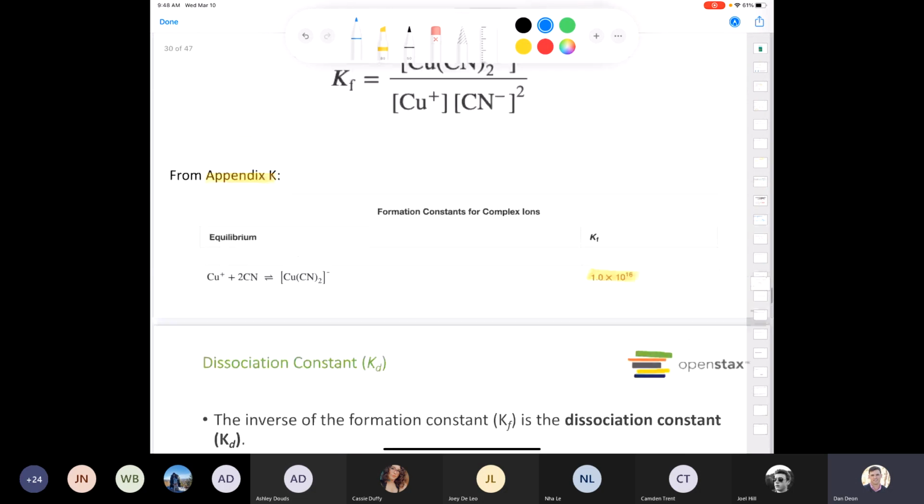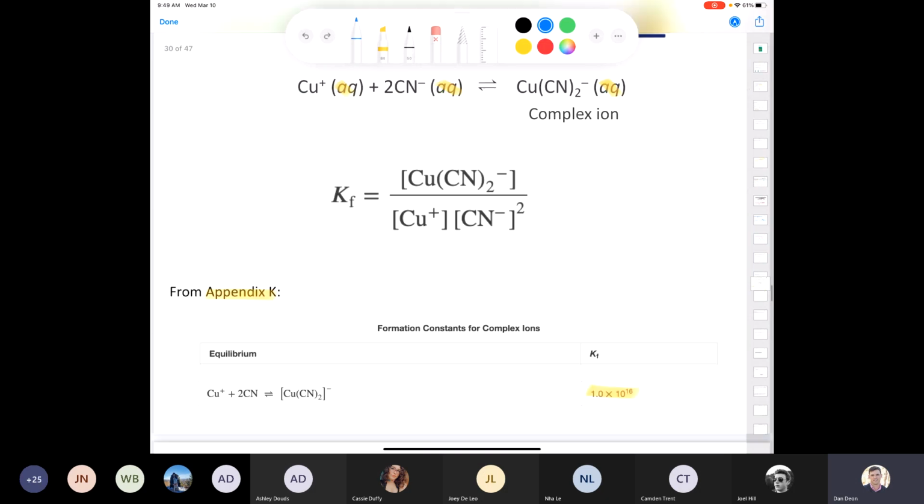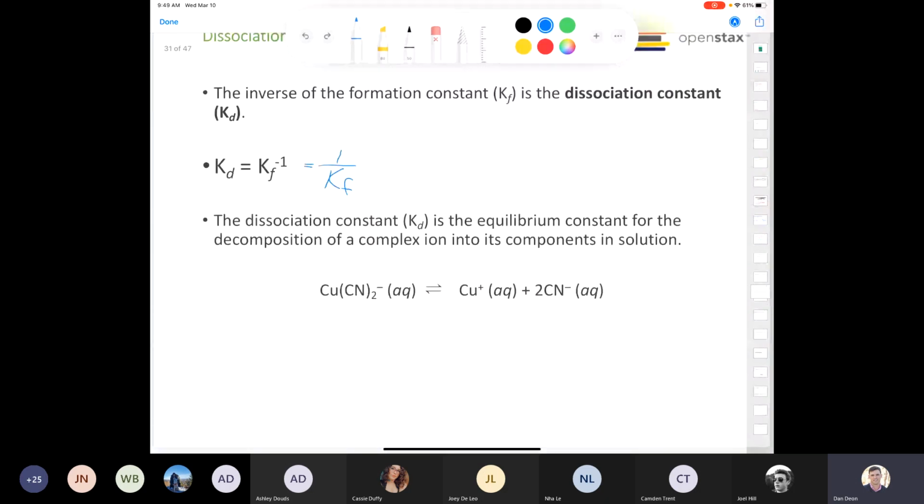Again, if you take this reaction right here and you flip it around, you end up with the equilibrium that describes the dissociation, right? So the dissociation constant is the equilibrium constant for the decomposition of the complex. So that means that KDs are going to be really, really small numbers, right? If KF